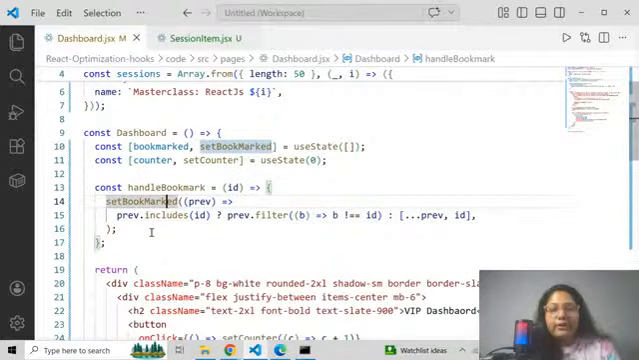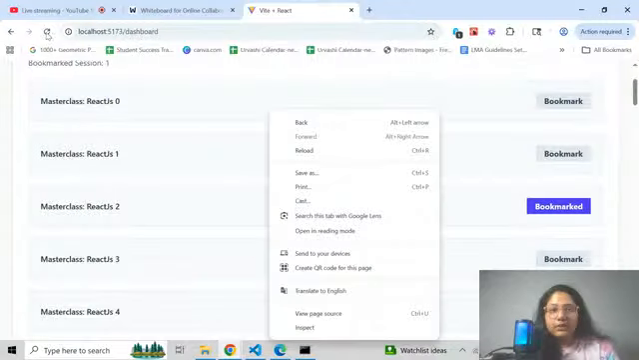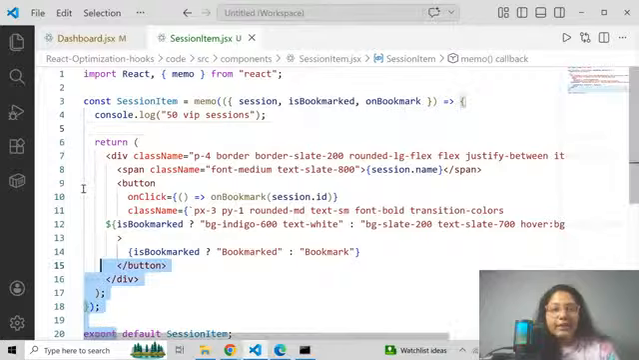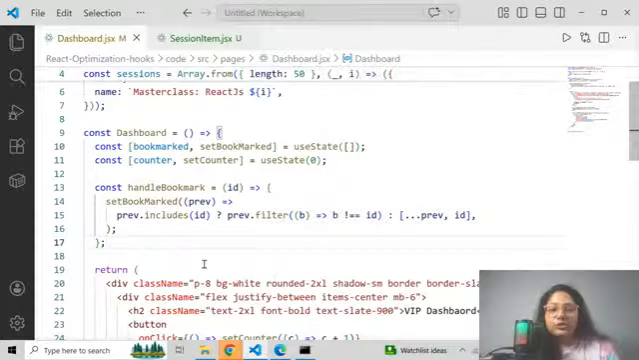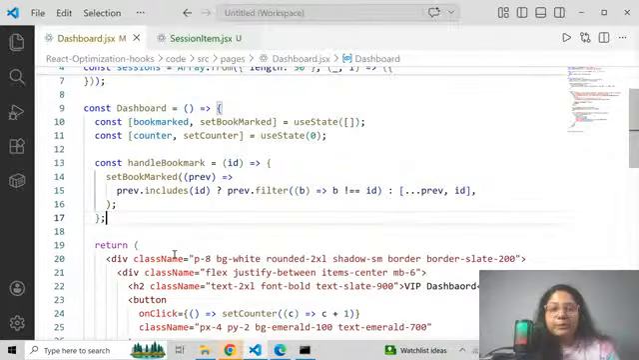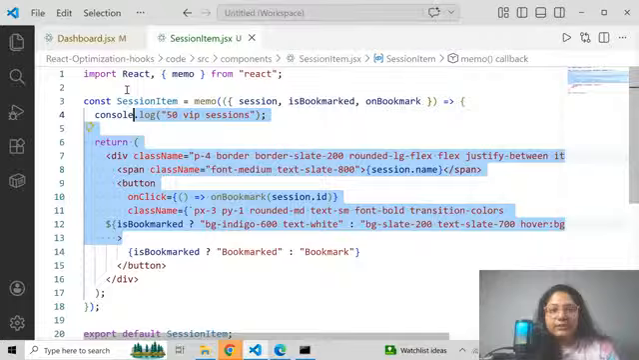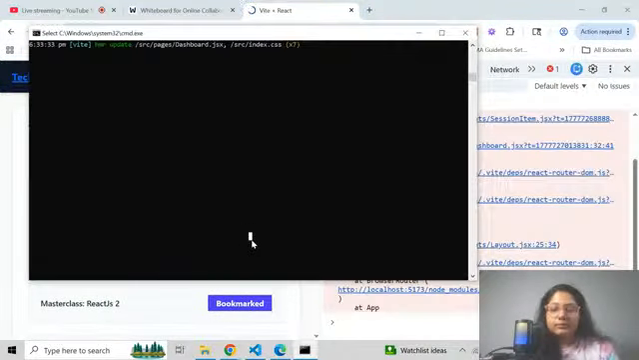So every time, handle bookmark will be created again. I'll show you now the problem. You will see we didn't want to execute this piece of code, even though the data has not changed, meaning I'm not updating anything related to bookmark. So this should not execute because I have applied memo there. But if I go and console this,